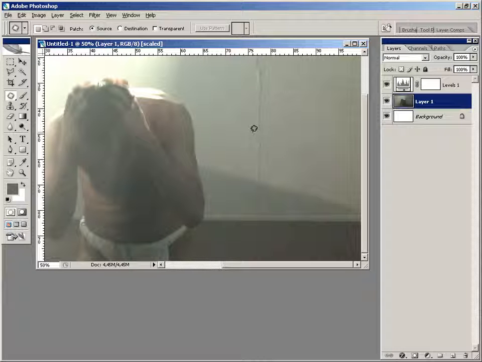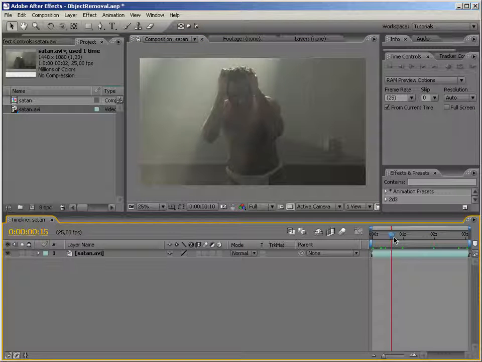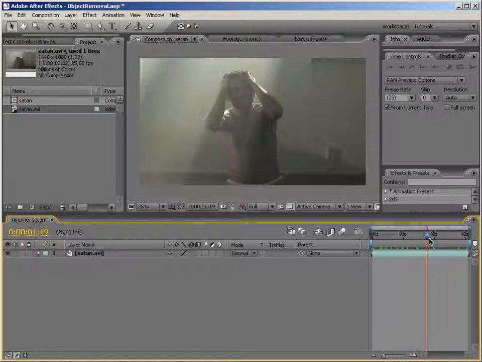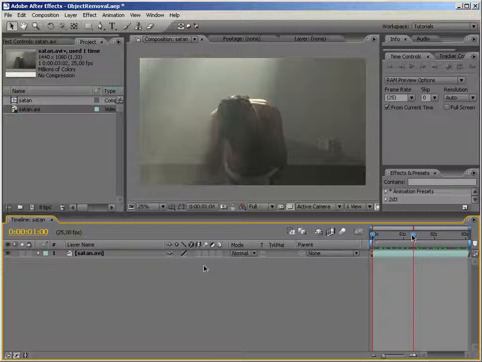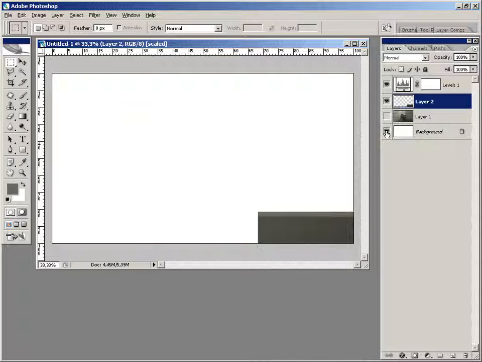So the next thing to do is, let me just go to After Effects for a second. As you can see, this guy moves around a bit, and we really don't want that. And well, I mean, we want him to move, of course, but it makes things a little bit difficult, and we would have to just recreate the part of this background. So there are several ways to do it, but in this case I think we will just select this part of the image, copy and paste it over so it pastes in the exact same position,